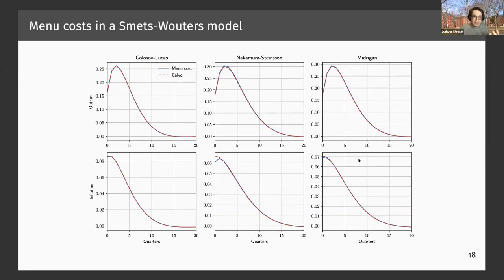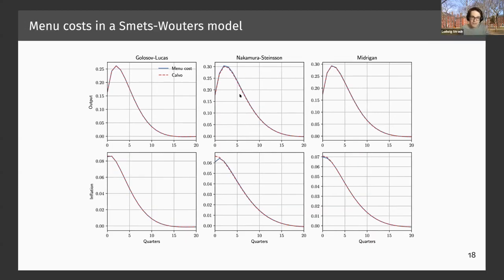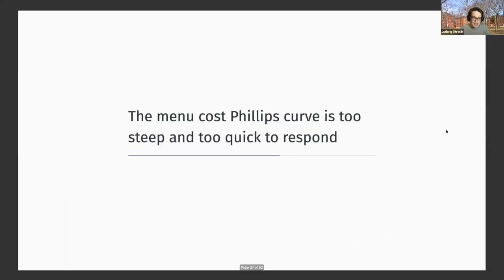And it's really easy to do because all you need to do is figure out the approximating Calvo parameters, and then you can literally just work with the Calvo Phillips curve. Okay, so the approximation works really well. And so this raises the question, okay, well, now we know what the Phillips curve looks like of these